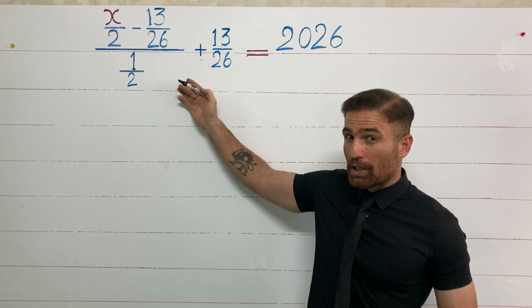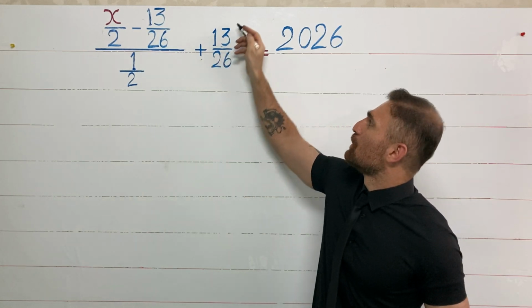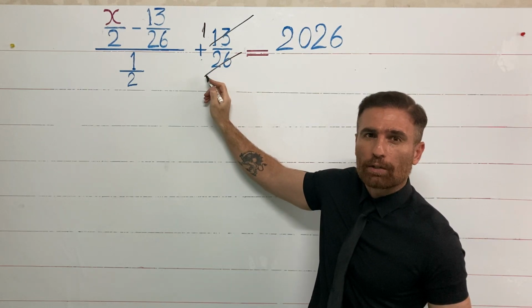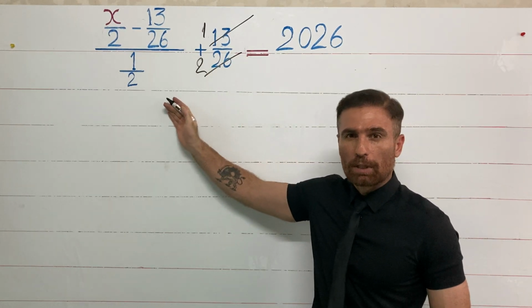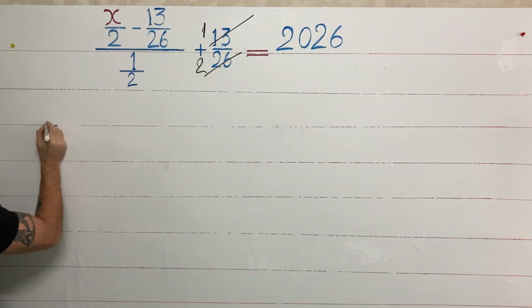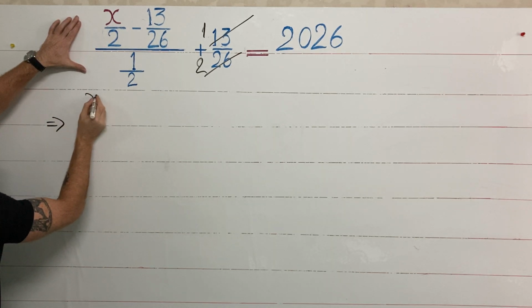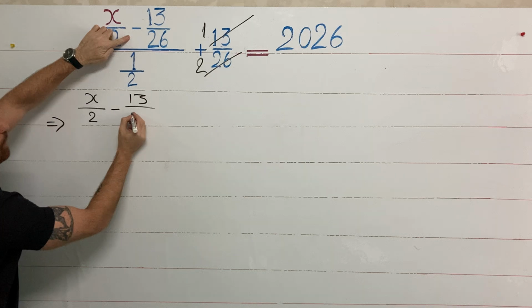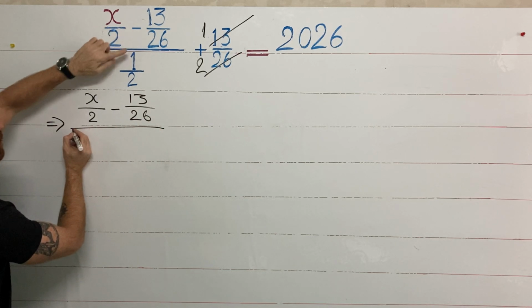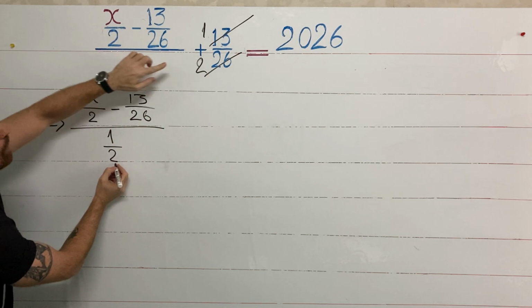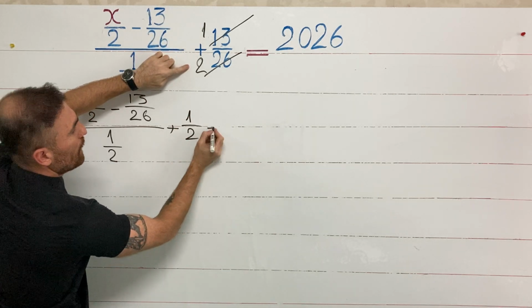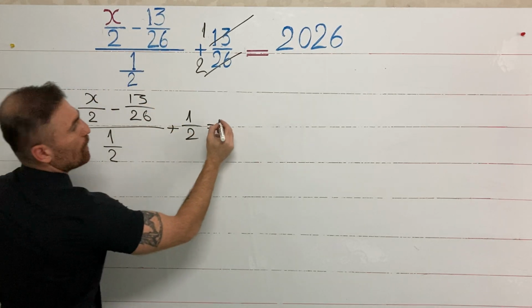To solve this equation, first look at this fraction. 13 divided by 13 is 1. 26 divided by 13 is 2. So it becomes, let me write it here, first fraction x over 2 minus 13 over 26 over 1 over 2 plus, this is going to be 1 over 2, I write it here, this is left hand side, right hand side,